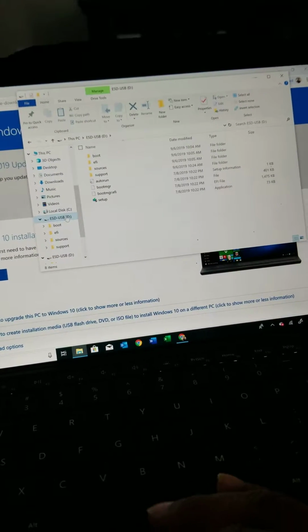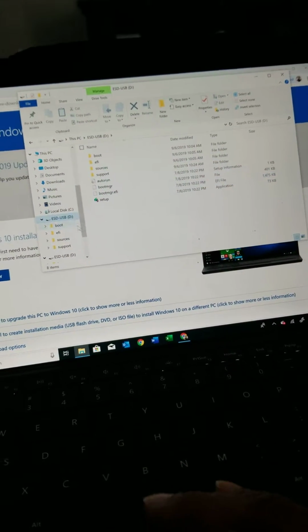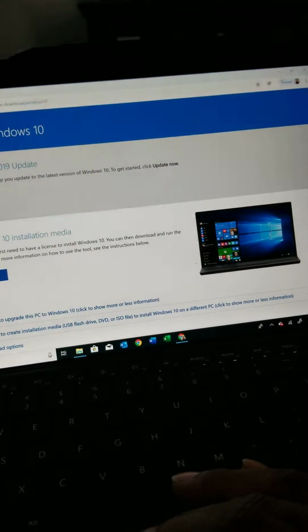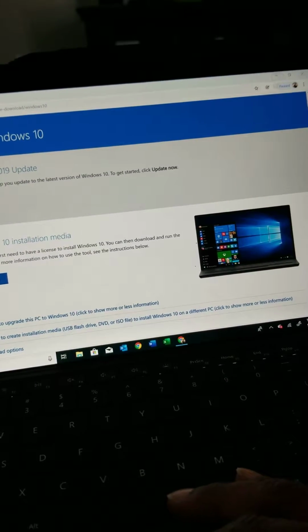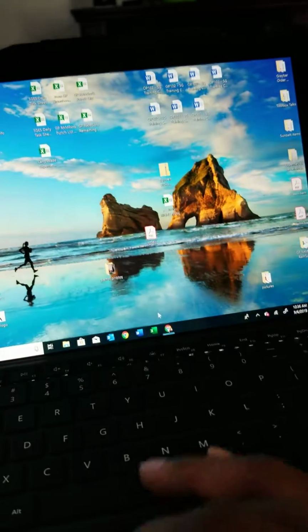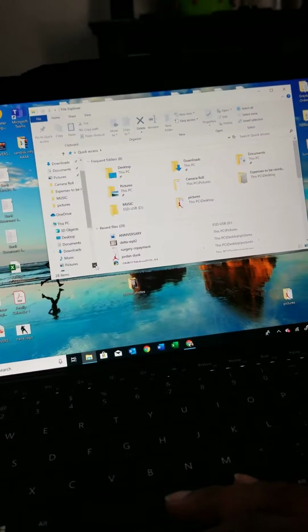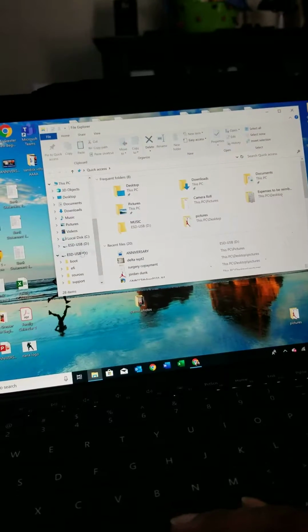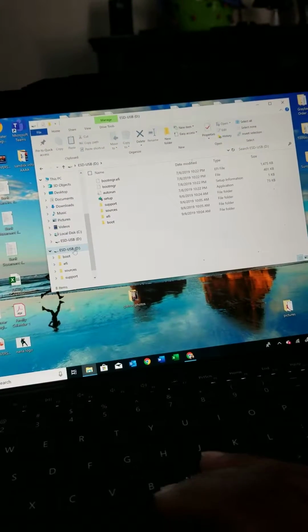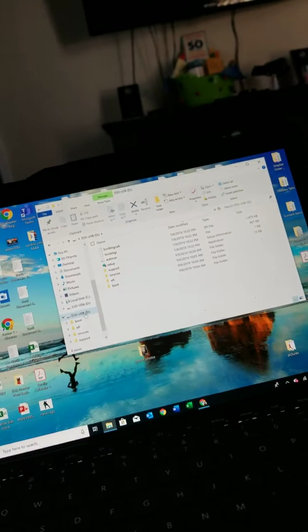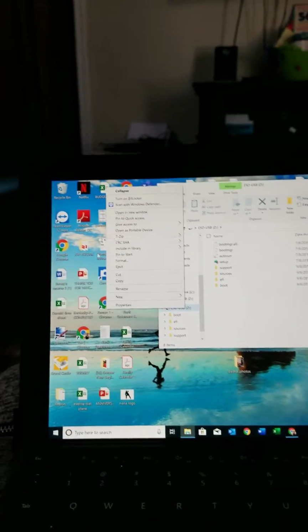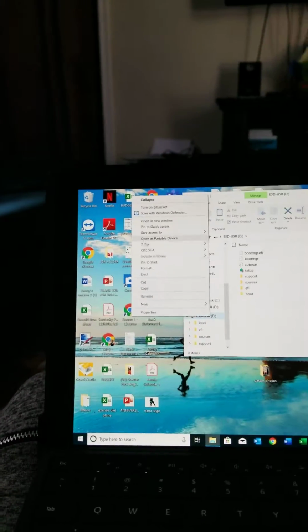Okay, it's not working. You want to get into the formatting of the disk. So let's see. Let's minimize that. Go into your folder. Go down to the drive. Right click the drive. Oh, I'm left clicking. Sorry. So when you go to format the disk,